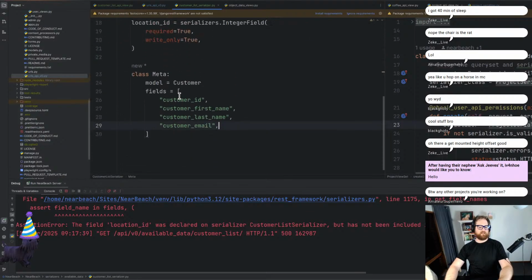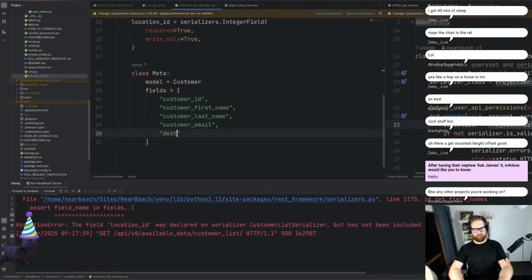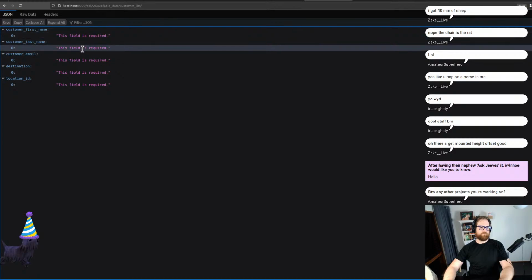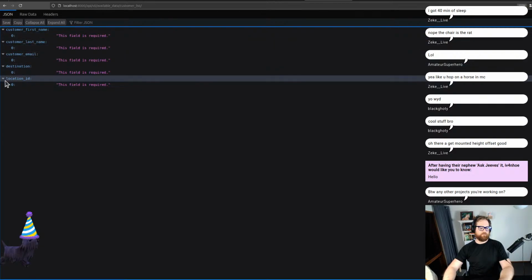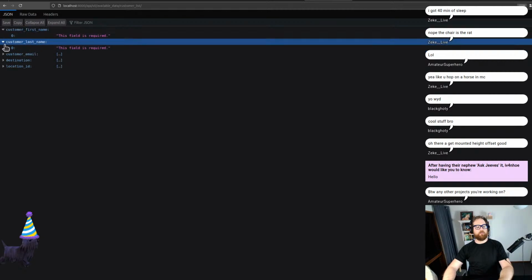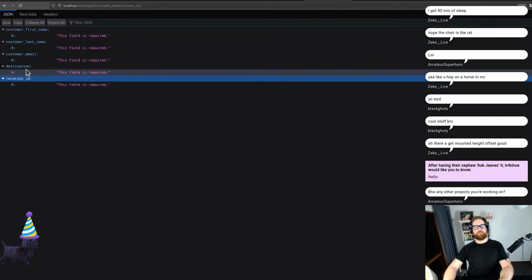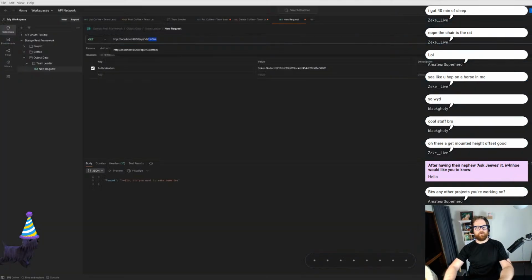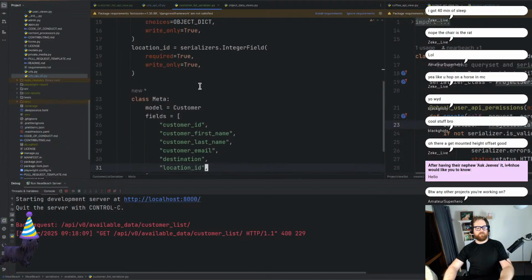So in the serializers, I've included all the fields, but not destination and location ID. Oh, all right. Saying it needs all of those bits of data. We don't need those bits of data. So what I need to do